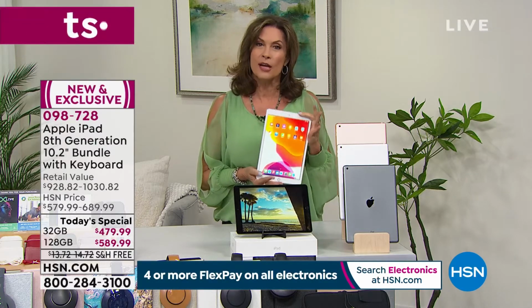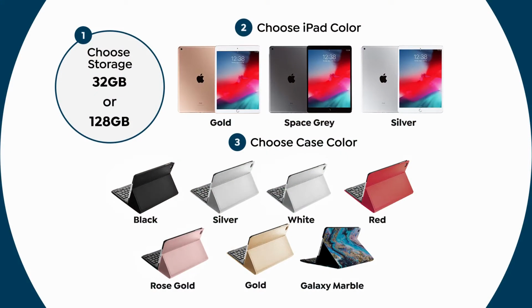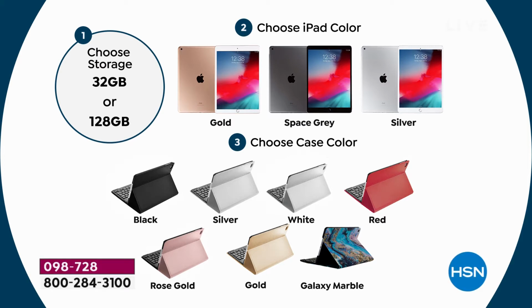So first of all, you start with a choice. Should I do 32 gigabytes or should I do 128 gigabytes of memory? This is the way that you choose. Do you want to quadruple? If you do a lot of videos, if you watch a lot of movies, if you do a lot of books, you probably want to do the 128 gig, and frankly, most people do. I would say 90 to 95% of people will order that. But if you want to save the $100, do the 32 gigabyte. It's your choice, okay?